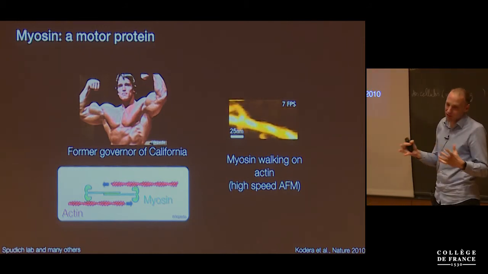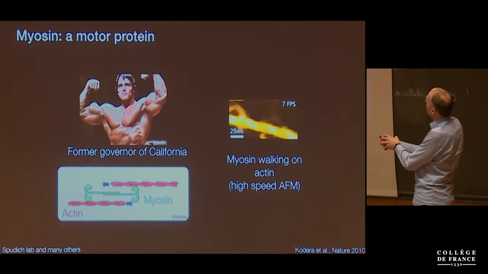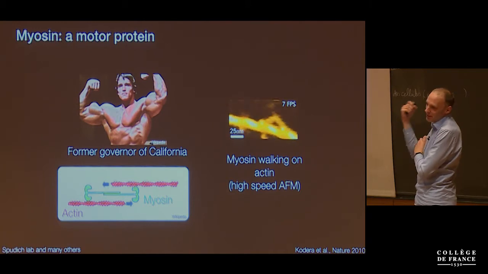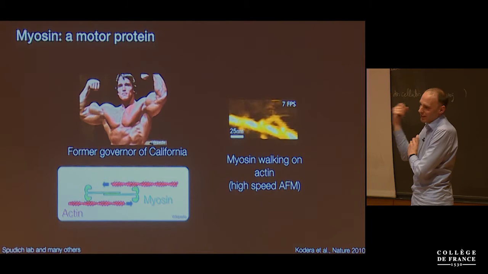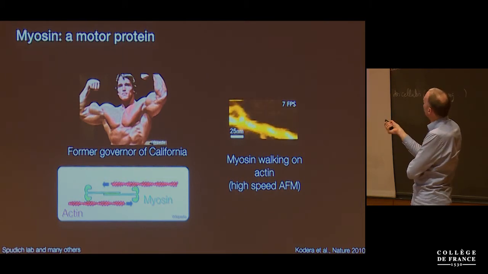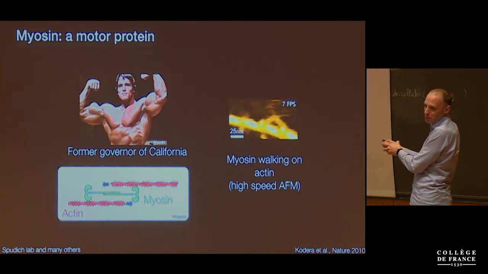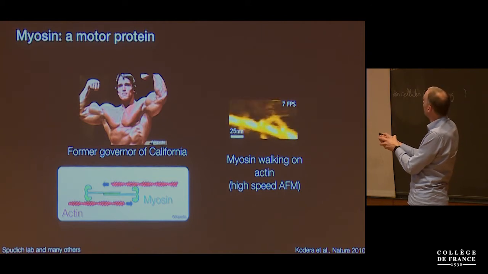And the one that's most relevant for the zebrafish movie that I showed you is the one that I'm showing you here, which is basically myosin. It's essentially the same myosin that contracts your muscles, which is why we've got Arnold Schwarzenegger here. And this is the most amazing movie of all times, at least my own personal favorite, which is a high-speed AFM movie of a single double-headed myosin molecule stepping along a helical actin filament. So you can see the helical pitch.